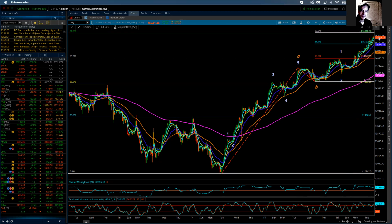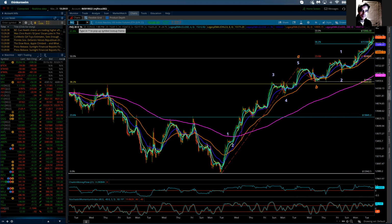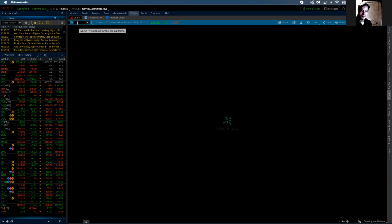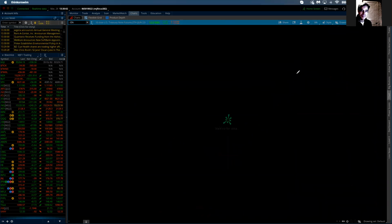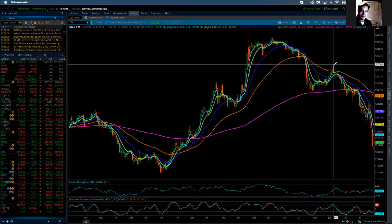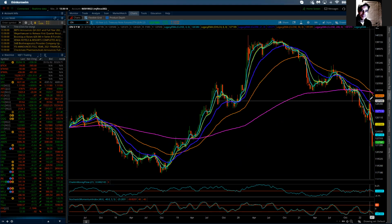So anyway, I want to also just put it out there that please do take a look at the bonds. I need to go up to the weekly chart to show you the true damage that's being done. This is the 10-year note. And you can see that from August of 2021, the market's been pretty steadily declining, but definitively from the beginning of March, we have dropped from